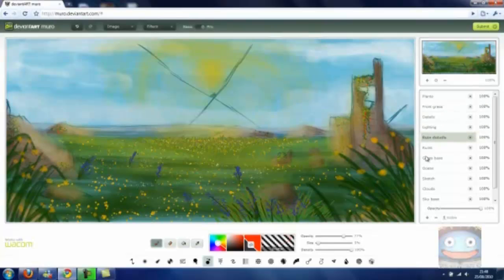I'll drag it down a bit so it's underneath the lighting and underneath the grass in the front, and that's pretty much done now, the ruins. And now